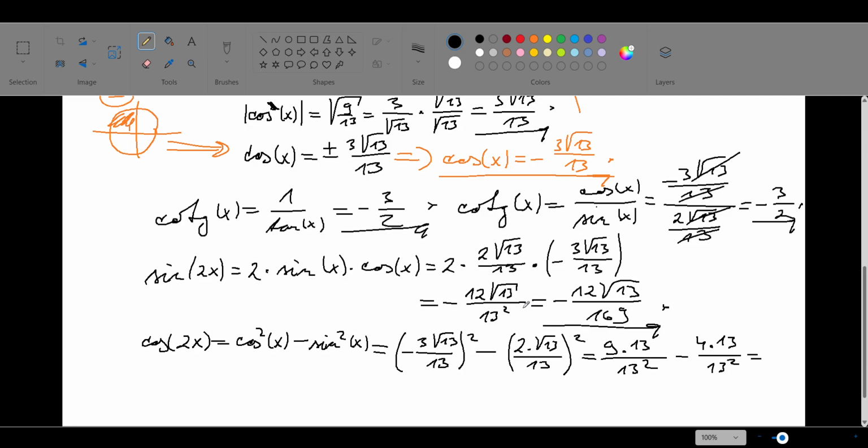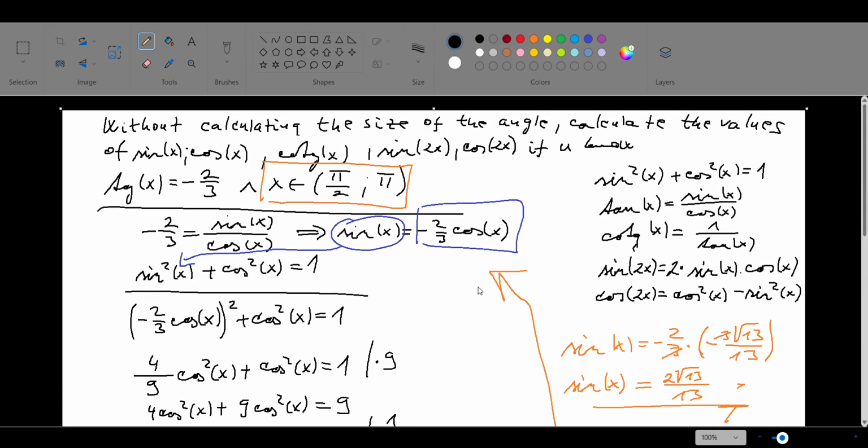The same reason as in the previous fraction. As you can see, this 13 will cancel with this 13 and this one with this one, so the result should be 9 over 13 take away 4 over 13, which is equal to 5 over 13, and this is our result. Please don't be afraid of the numbers. This is just the math you do with the numbers. What I wanted to show here, and I didn't want to provide a very nice and exact example, which is very common,